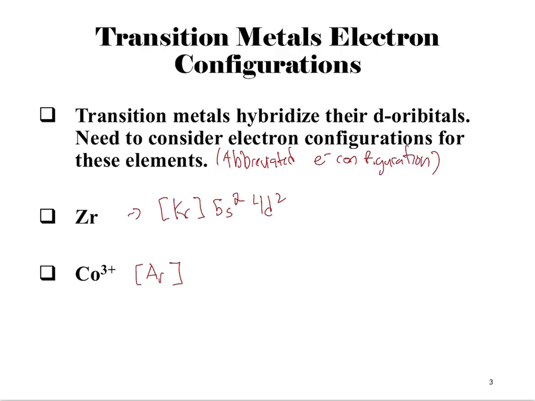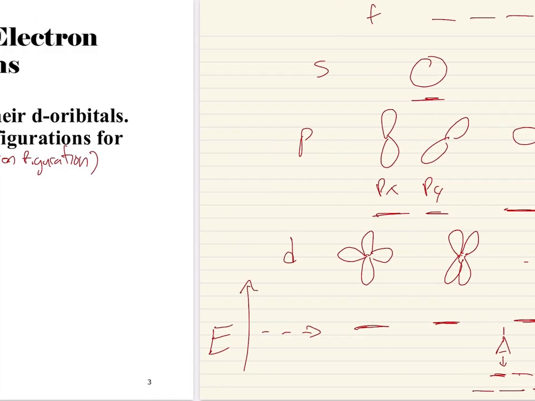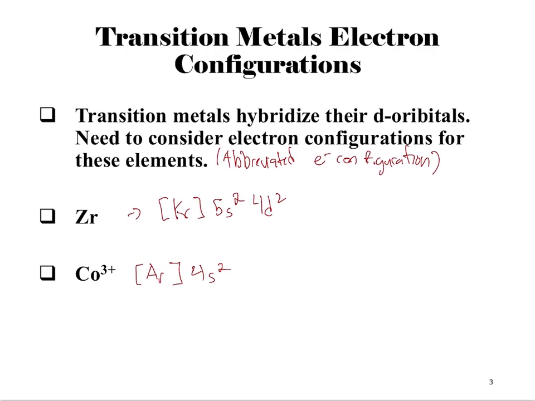So we start with argon, and then what comes after argon? What energy level do we fill? The S, yeah. And which S is it? What's the principal energy level for that? 4s. And we put 2 electrons in that,